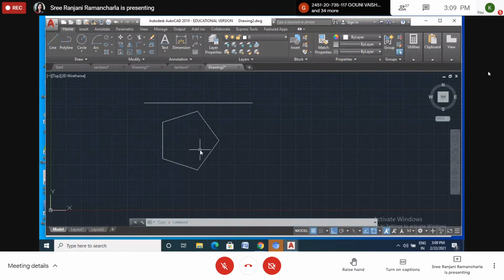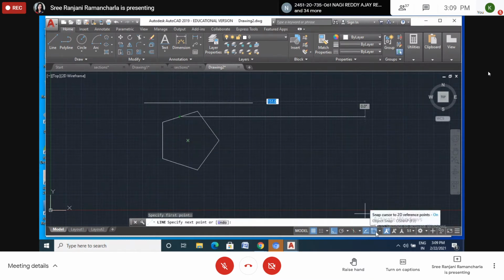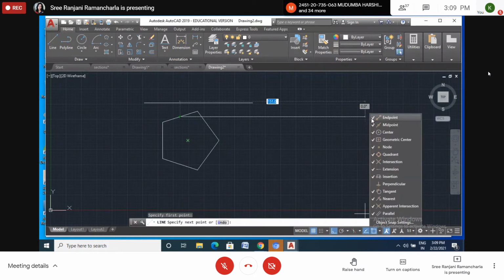When there are odd sides, you have to take two perpendicular lines of any two edges. So I will take here two perpendicular lines. So you know that this is the midpoint. It shows the triangle, green triangle. Of course, here you can see the midpoint because in the O snap settings I ticked all options. So this is the center point. If I tick, it shows the center point. If I don't tick it, then it won't show this.